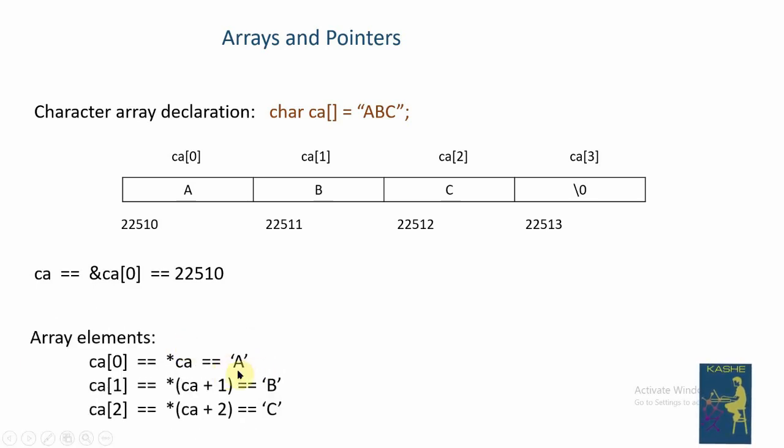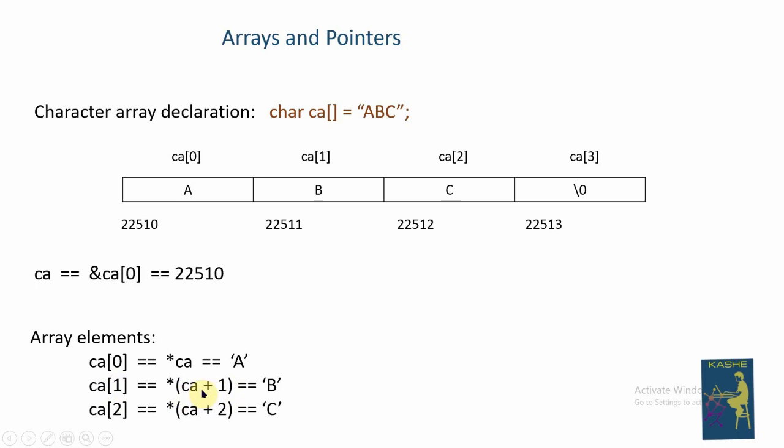Here the first element in this array is character A, which can be accessed by using index 0, or you can access the same element by using the dereferencing operator * and CA. Here CA is nothing but a pointer to the first character. Then automatically *CA gives us the character A. And how can you access the next element in that array, that is B? You can access it by using the index 1 or by using the dereferencing operator * followed by CA plus 1.